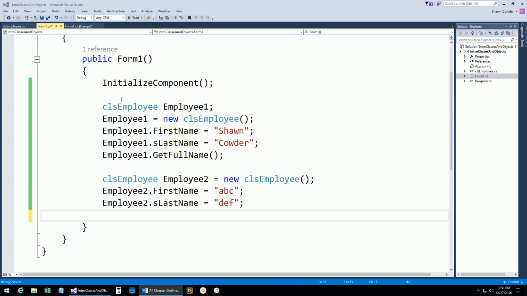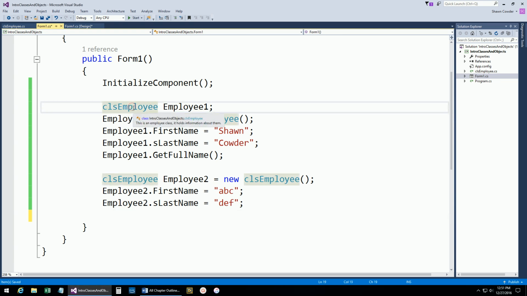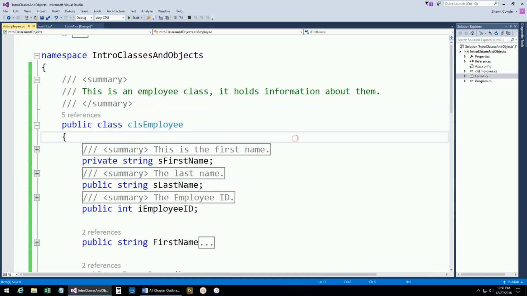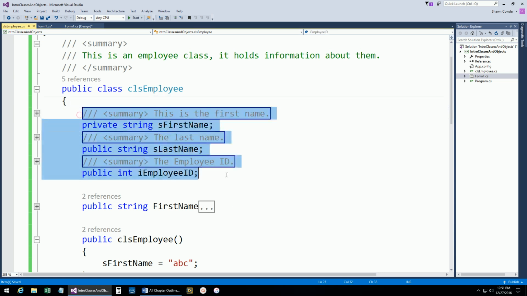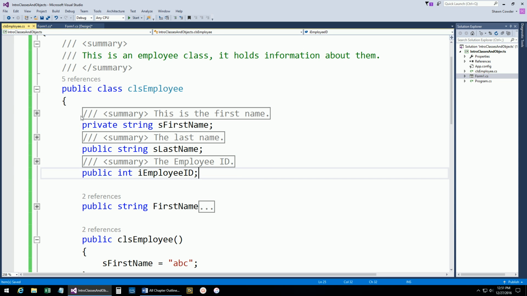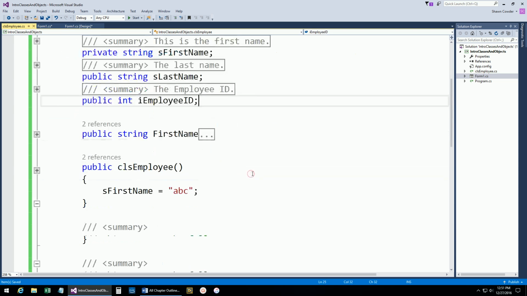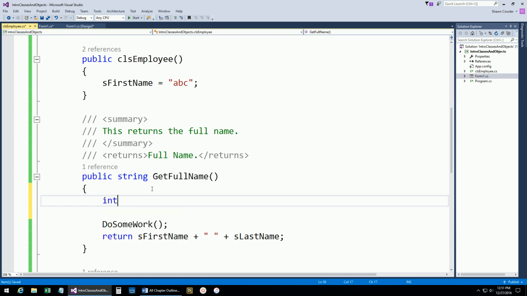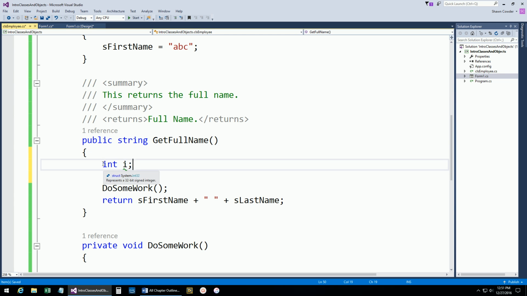So the next thing, when we come into our employee class, and again I could right click here, go to definition, and it jumps us back over here. So we've got all these private and public attributes. So these are class attributes. Then within our methods themselves, I can create my own variables. Now these are method level variables. So these variables only exist from the time they're instantiated to when this last bracket,